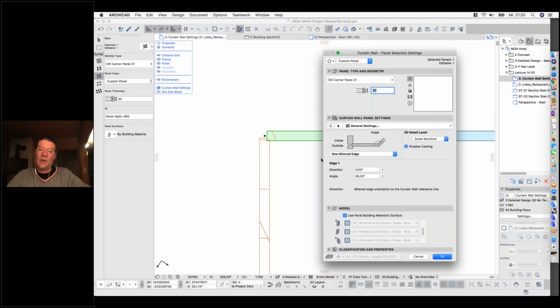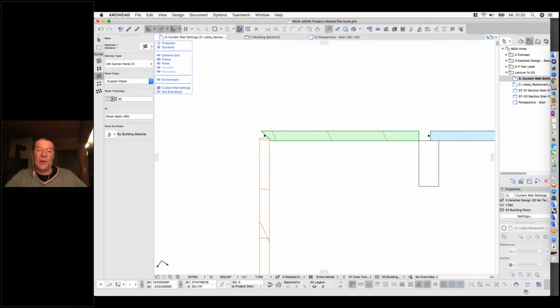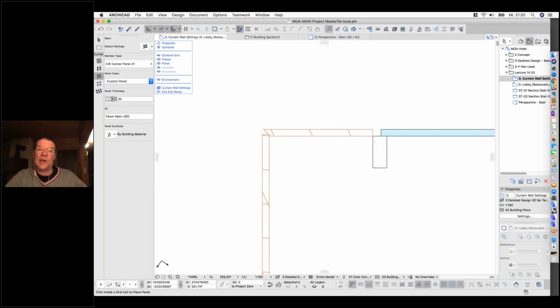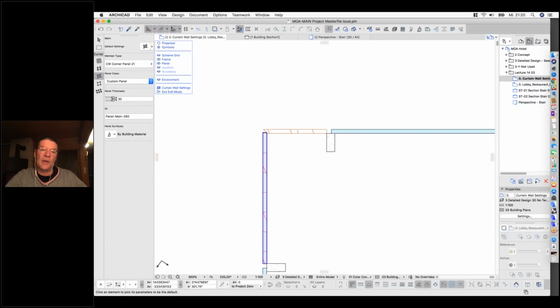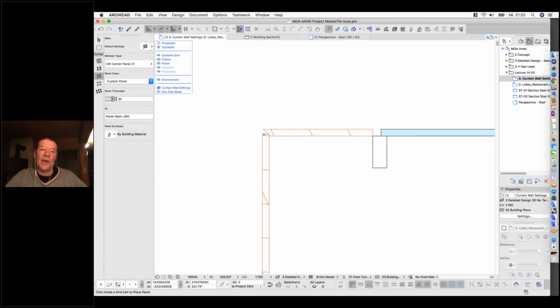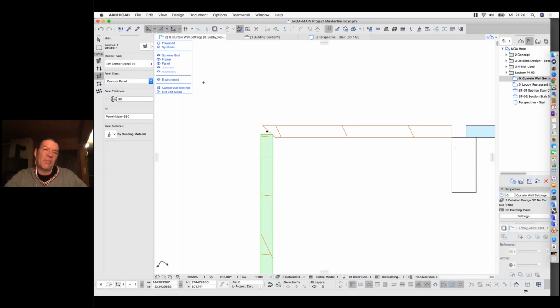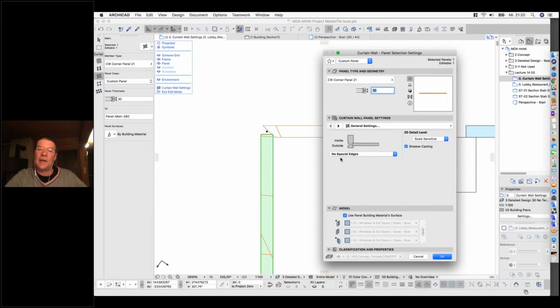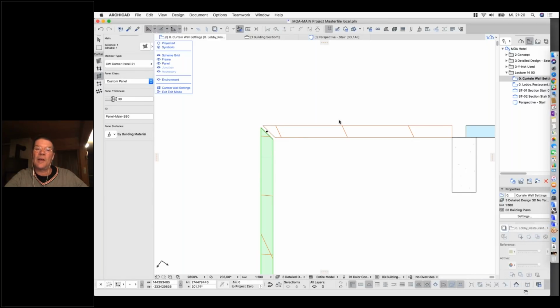I really don't know why Graphisoft has chosen to define a direction by an angle. But if you do that, it's again easy to pick up the setting of the panel and to inject it here. But by injection, nothing has happened. Have you seen? I also have never understood why the general settings don't affect it here. So you have to do that manually, and it's a bit trial and error to see if the edge 1 direction is either 0 or 180. Okay,